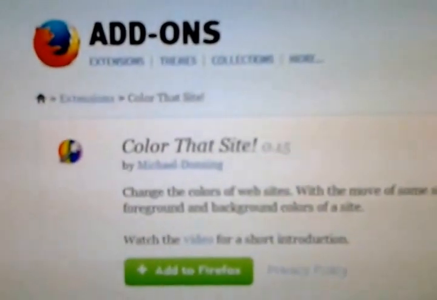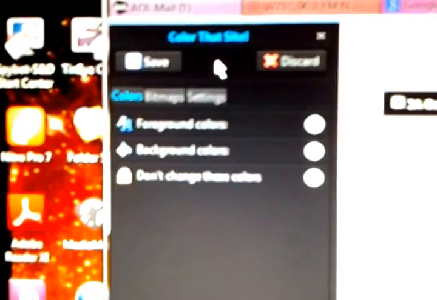Now, the problem was I'm still on the add-on site. So let's go back to the 3A site. So here we are, 3A site. Now you want to go to this globe thing. Click it. It opens up, and it analyzes the site that you're on. So it just analyzed the 3A forum,